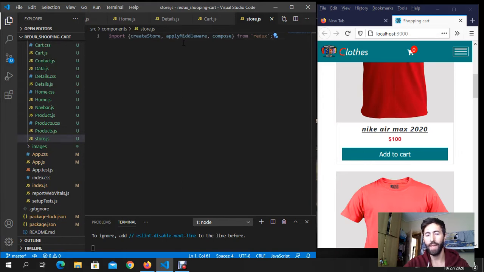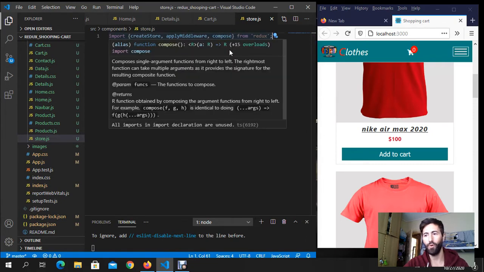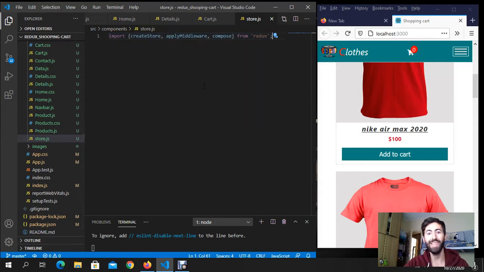It's a way to extend Redux functionality with custom functionality. Okay, and finally, we are gonna talk about compose. We use it when we want to pass many enhancers or multiple enhancers. Okay,